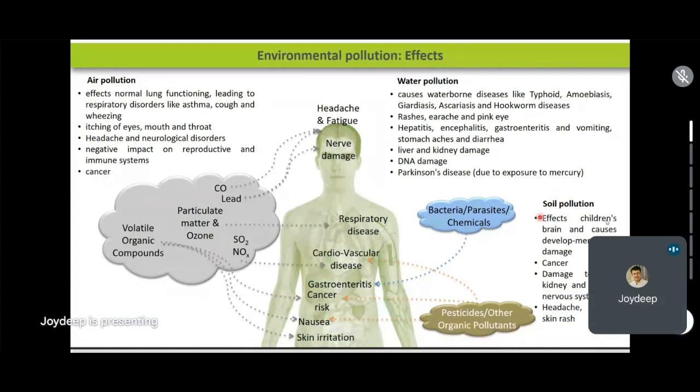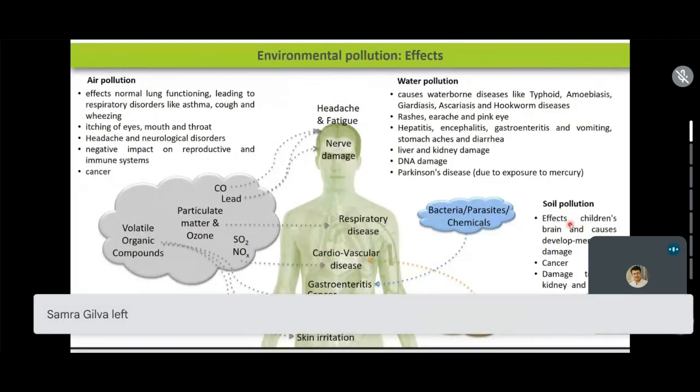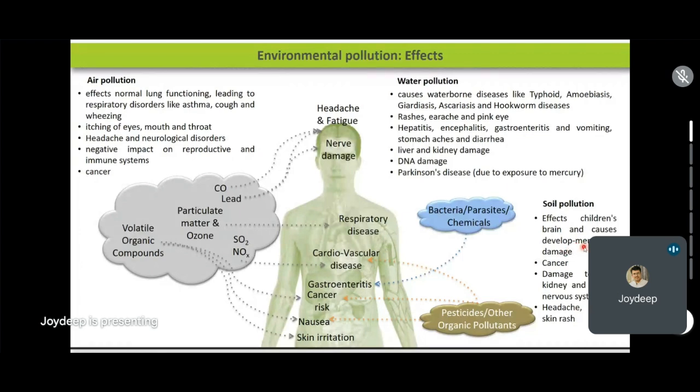Sorry, and from soil pollution, different anthropogenic pollutants in the soil affect the brain, hindering the normal mental development of a child. It definitely leads to cancer as well as damage to the central nervous system and different organs like the kidney, headache, fatigue. So these are the different effects. It's basically not possible to enumerate all the ill effects that these different sources of pollution cause to human beings. This is just, I would say, a snapshot of a very few of the effects that